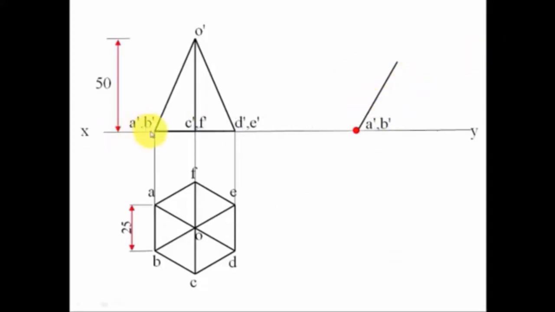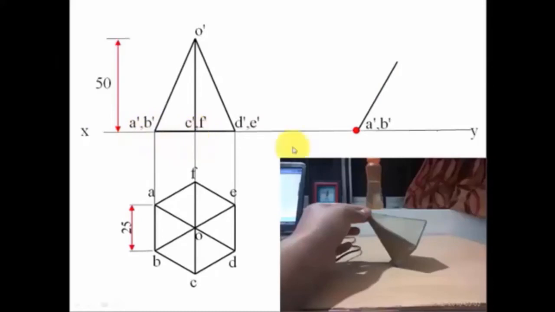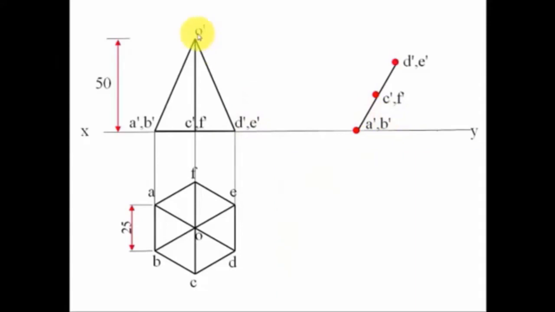Okay, now you need to keep one leg of a compass here, other leg over here. Then with this as center, you need to put an arc, something like this, and the same thing has to be worked out with this D dash E dash also. Alright, fine. Now as far as point O dash is concerned, keep one leg of your compass here, other leg over here. Then with this as center, you need to put an arc. Then the same has to be repeated with one leg over here, other leg over here, and put one more arc. This is going to be your intersection point, and this is what you call O dash. Fine, let's join O dash with this and this.